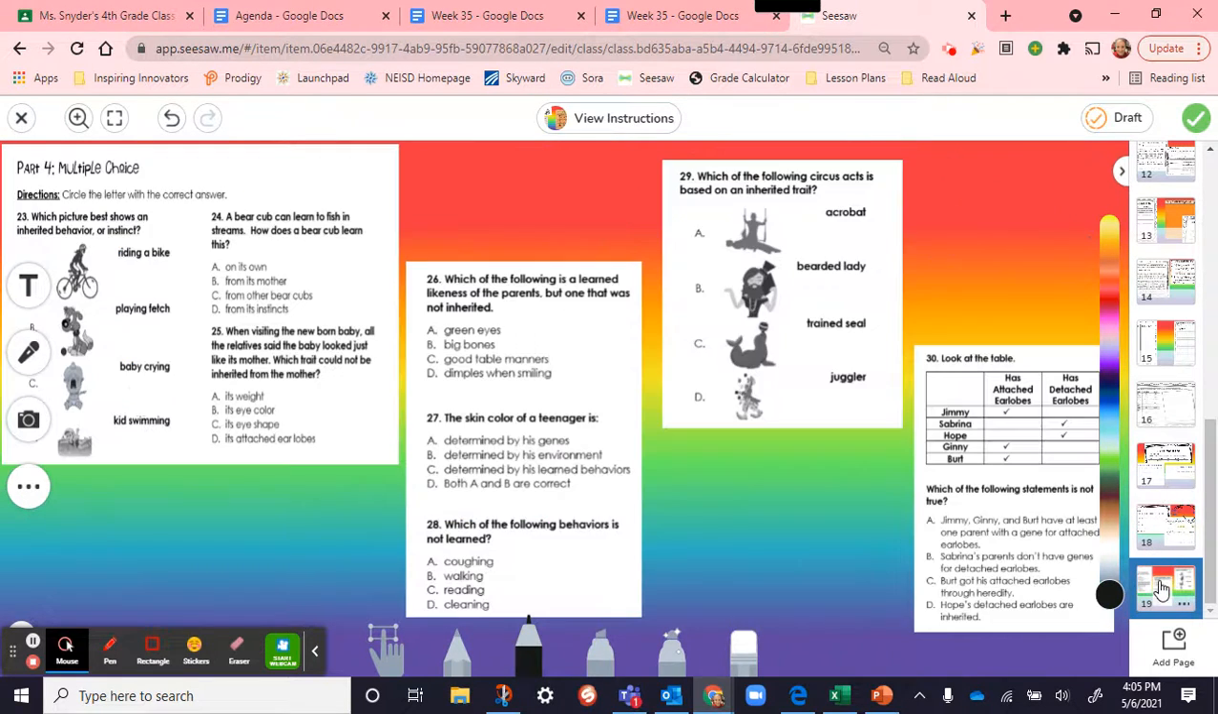Then on page 19, you have some questions here about different inherited traits, learned behaviors, things like that we've been talking about. So go ahead and go through there. And we had library today, so make sure